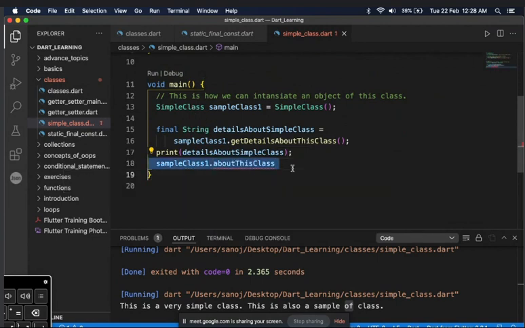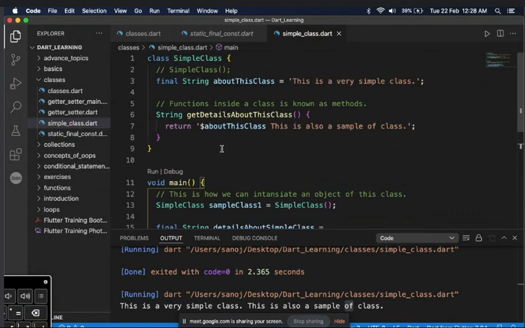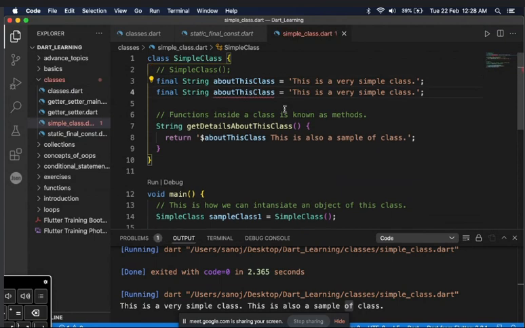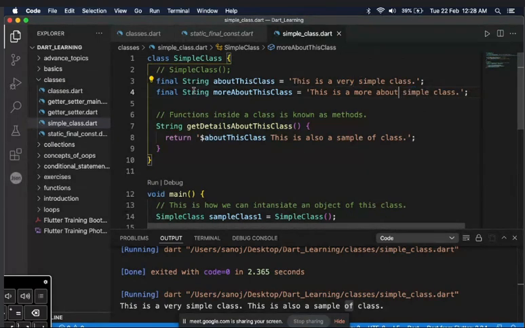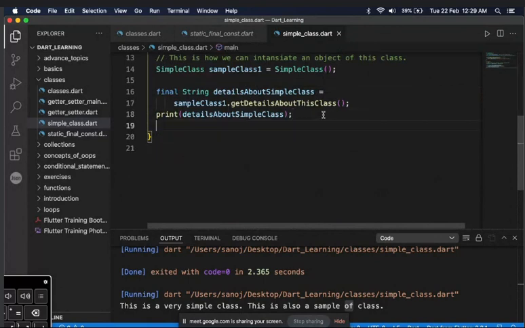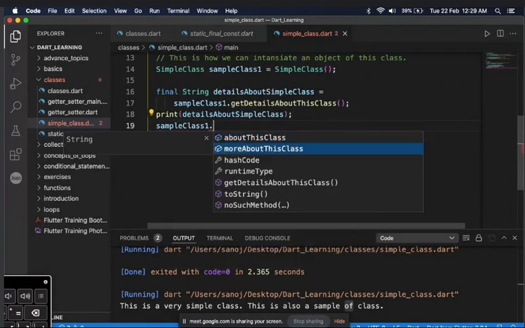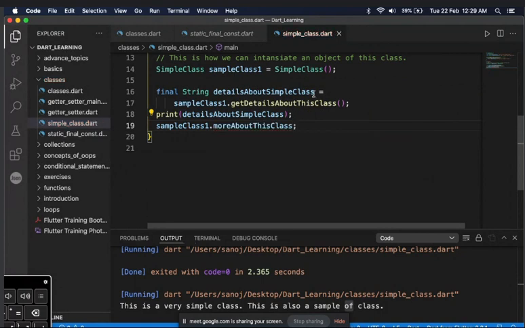But let's suppose I define another value, more about this class. This is more about sample class. So you can see here, I have also defined it. If I also want it, I can simply use sample one dot more about this class. But if I write here